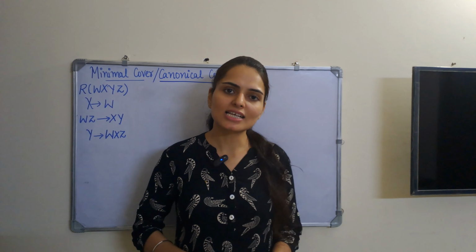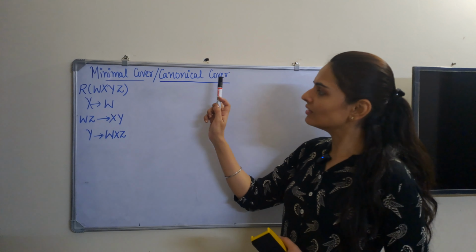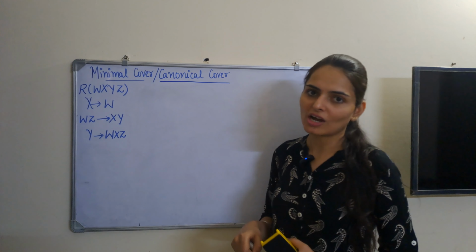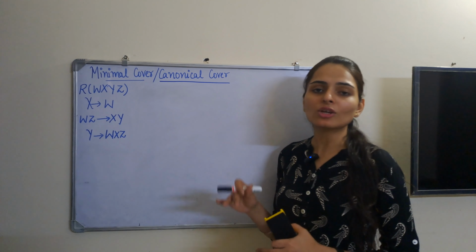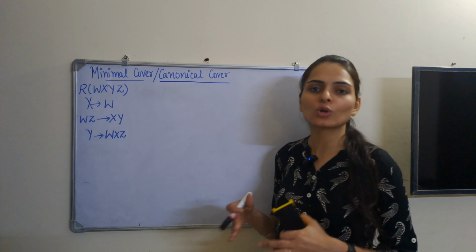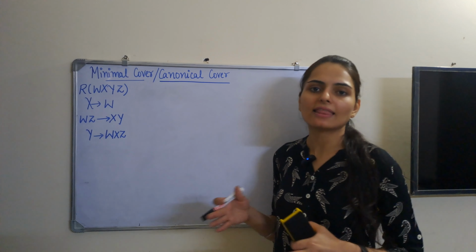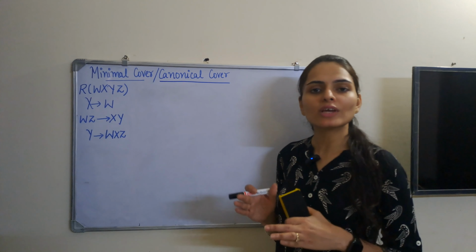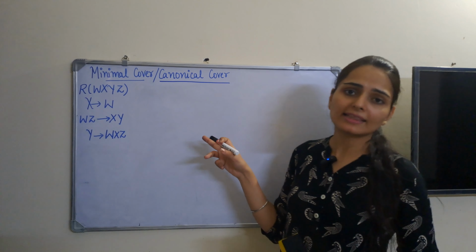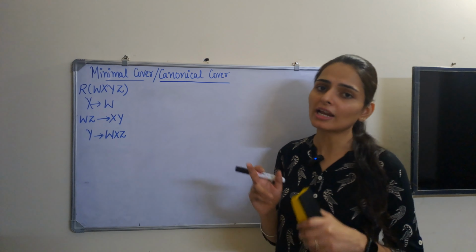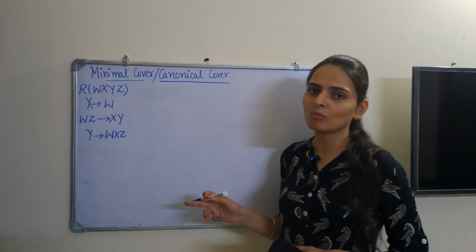Today we are going to discuss the minimal cover, or the canonical cover, of the functional dependencies. To understand this topic, you need a basic understanding of the closure set of attributes and the Armstrong axioms, which we have already covered in this lecture series. So if you are coming straight to this video, I recommend having a look at those videos first and then coming back here.